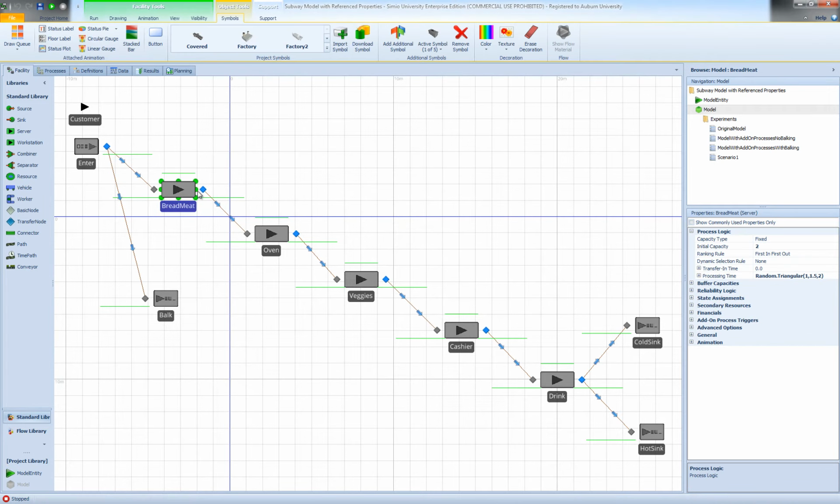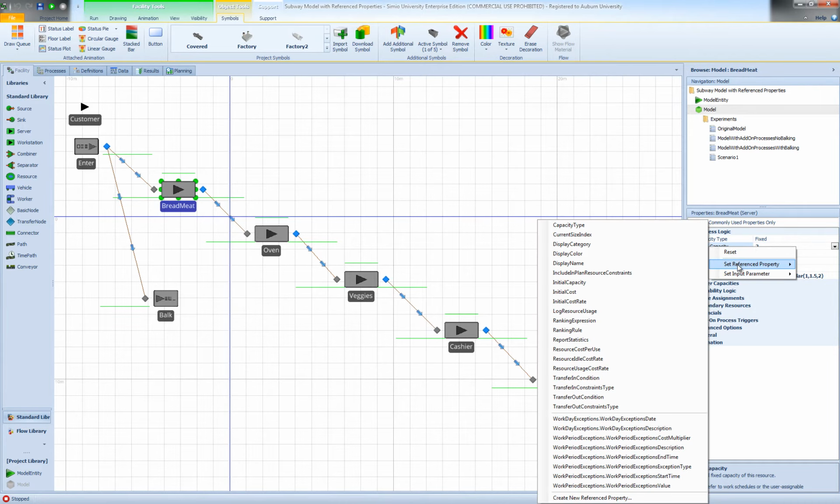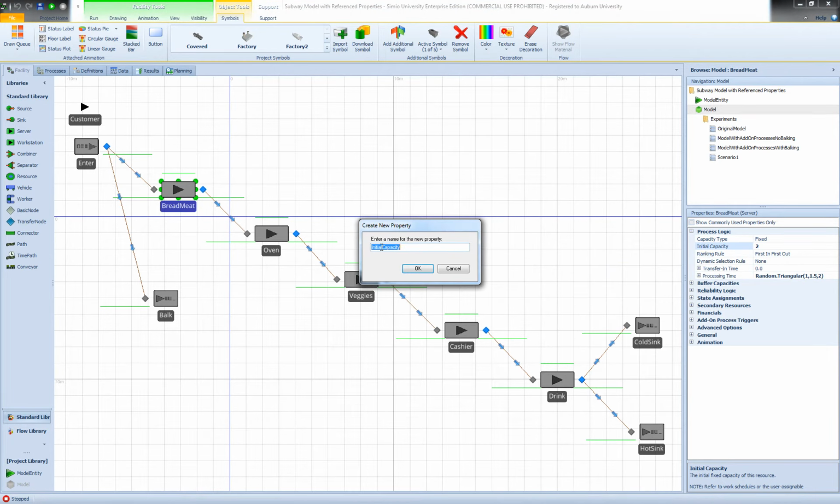So what I'm going to do is select the first stage, and then instead of specifying the value directly in the properties window of the first server, I can simply right-click on the initial capacity property and go to set referenced property, and you can see all the different options that Simio gives me. But what I would really like to do is define a new reference property. So I'm just going to click on create a new reference property, and I can give it a name. I'm just going to call it bread capacity